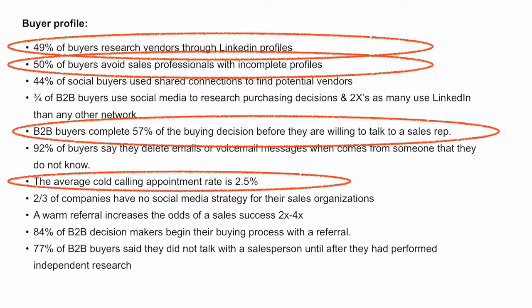The other thing to take a look at, and I do numerous webinars on this, is that the average cold call success rate is 2.5%. In fact, I've got a couple of studies that show this rate is far lower than that. It's actually less than 1%. But even if you take it at upwards of 2.5%, I flip it around and say you're wasting 97.5% of your efforts if you're making cold calls, because it's not going to relate to any kind of success